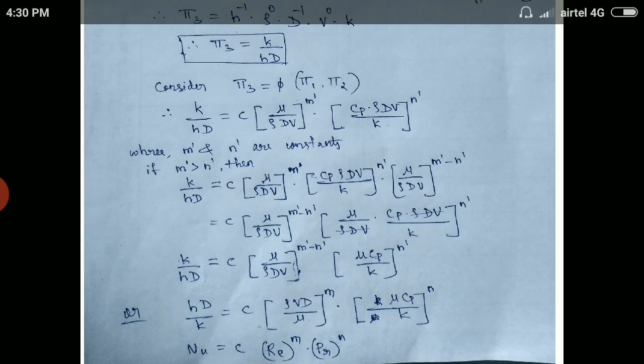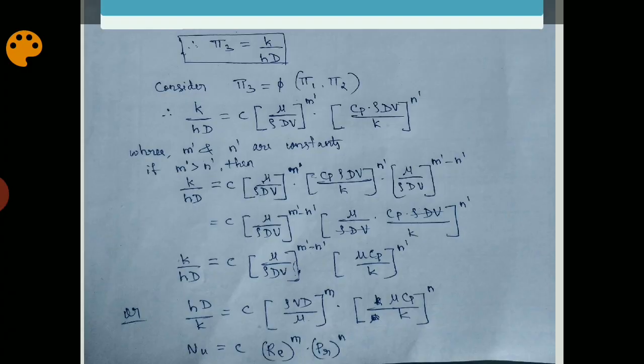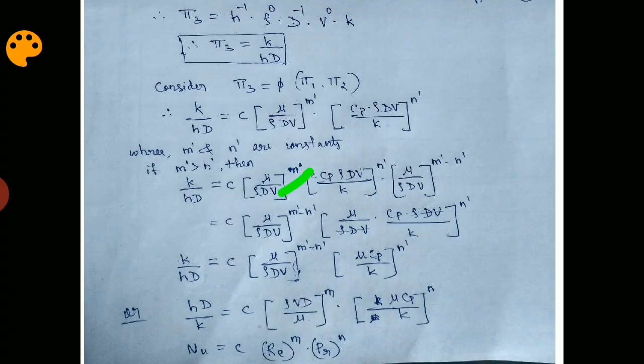If you see, first term is mu divided by rho dV raised to n dash. So this is n dash here. So let me make it clear, this is n dash. So here for this it is m dash minus n dash. So when we cancel, again we will get back the same previous equation. So it is an adjustment in order to solve the problem and get the required answer. Then this term is kept as it is.